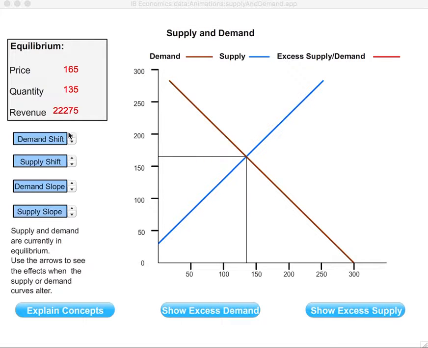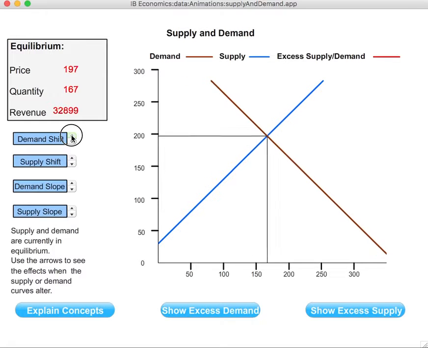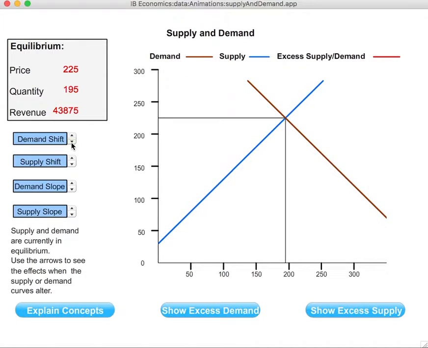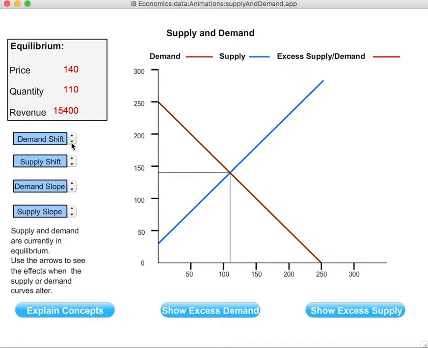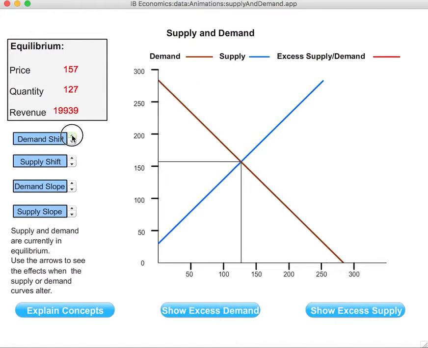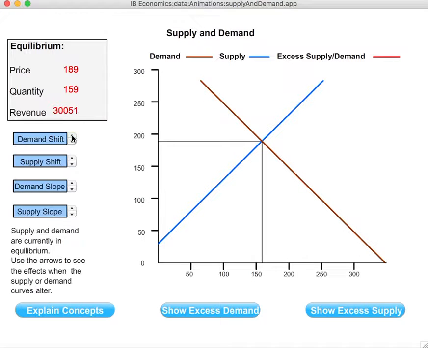If we click on these buttons here, we'll actually see demand shifting. We can see as demand shifts, our equilibrium is going to shift. Now, how does that equilibrium actually change? Well, we've been talking a lot about how when demand shifts, we either have a surplus or shortage in the market, and that surplus or shortage sends a signal to both demanders and suppliers to change the quantity and price